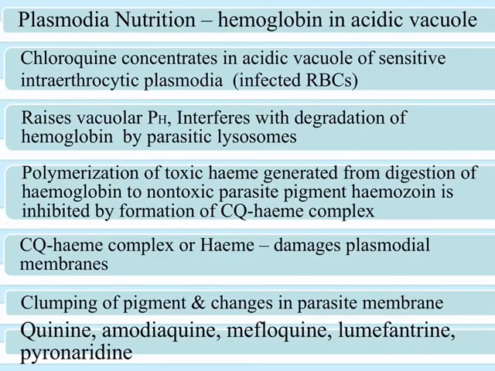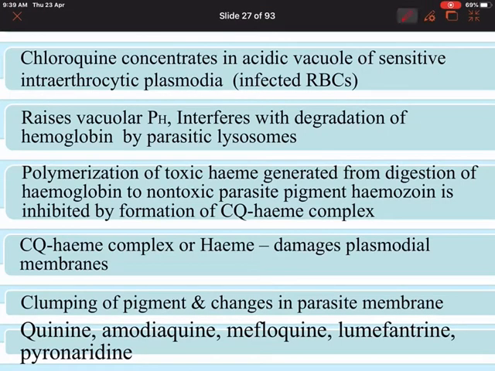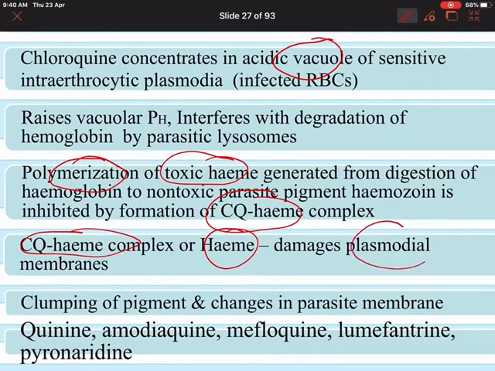The plasmodium's nutrition is basically hemoglobin in the acidic vacuole, and chloroquine concentrates in the acidic vacuole of the plasmodia. This affects polymerization of the toxic heme and also generates the chloroquine-heme complex. Both the chloroquine-heme complex and the toxic heme damage the plasmodial membranes. Thus chloroquine is able to kill the plasmodium